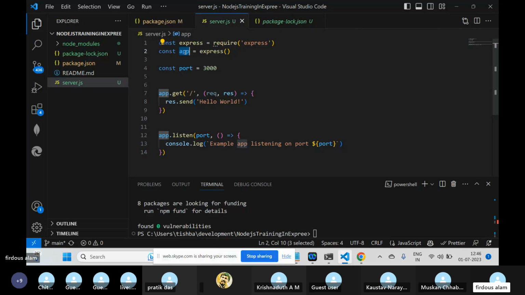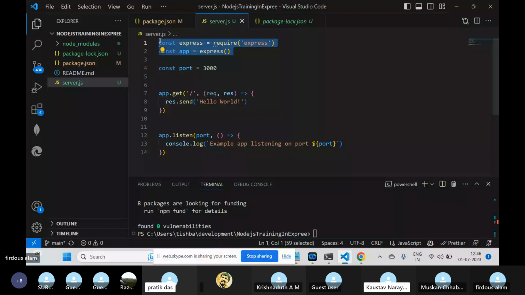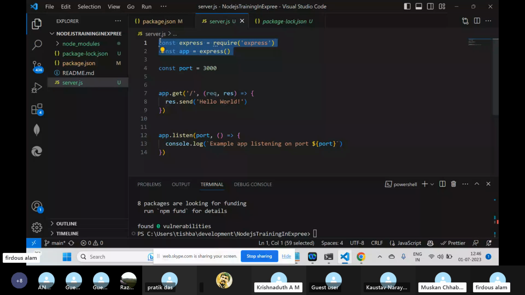Do you have any question about these two lines, why we are doing these two things? What is the use of that constructor? The constructor helps us use the Express framework.